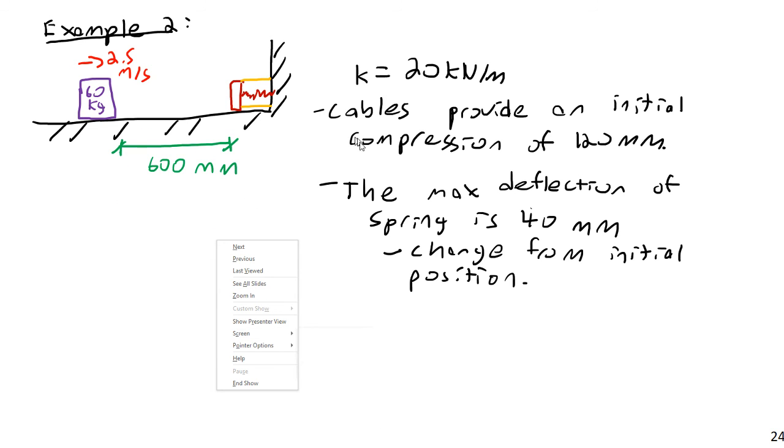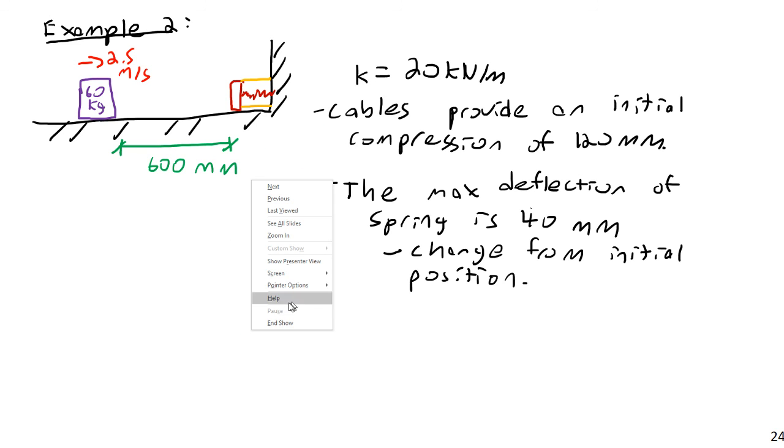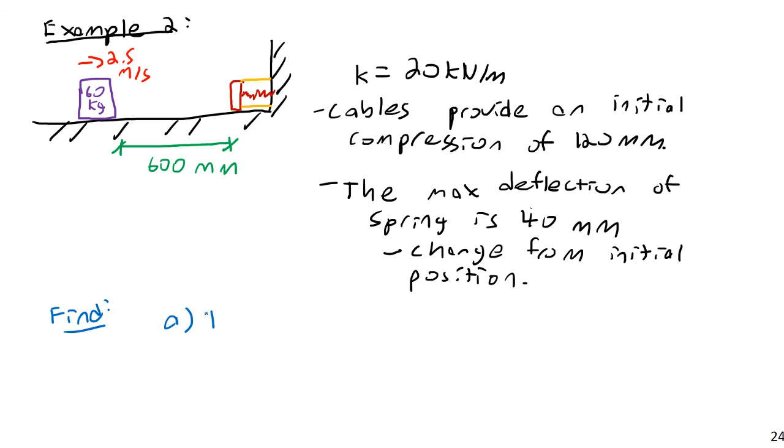So all of this is given, and then I want to find a few quantities. Find A, the coefficient of kinetic friction, mu kinetic, between the package and the surface,